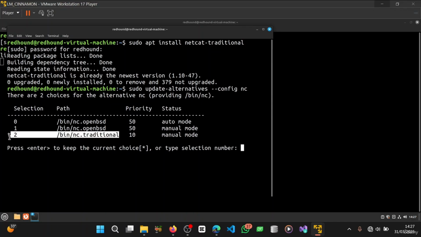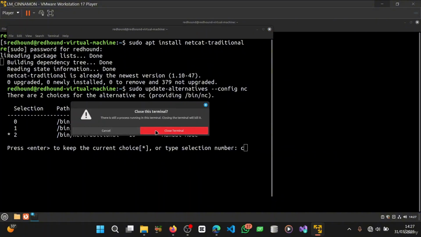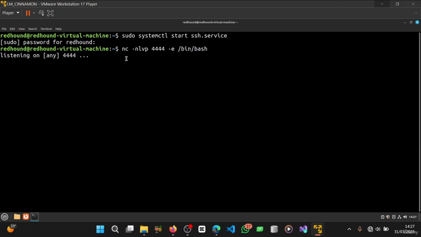You can see I'm already on it here. Then you select number 2. All right, so I'm going to close this window right now. All right, so the reason I just informed you to do that is because most Linux distributions no longer support this for security reasons. All right, so right now that our target user has created this listener on port 4444,